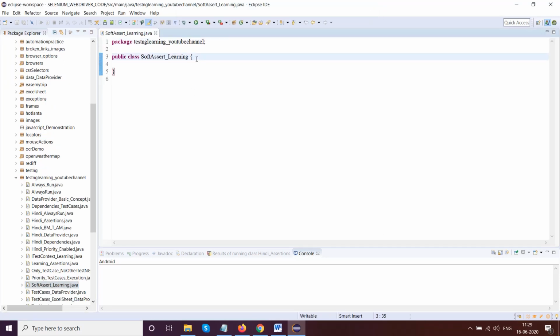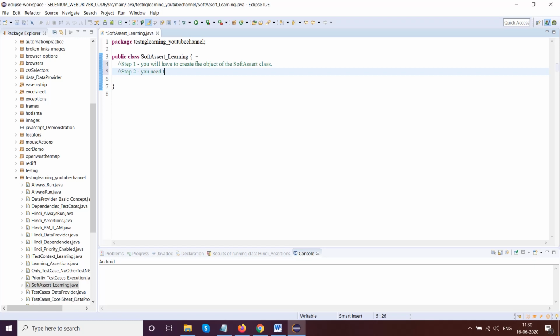The first thing about soft assert, step 1, is you will have to create the object of the soft assert class, and this is not required in terms of hard assert. When you are using hard assert, you don't need to do this step, but in soft assert you have to do it.